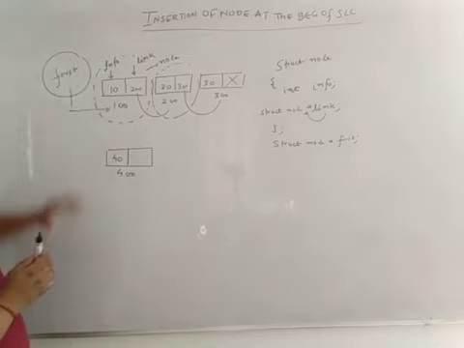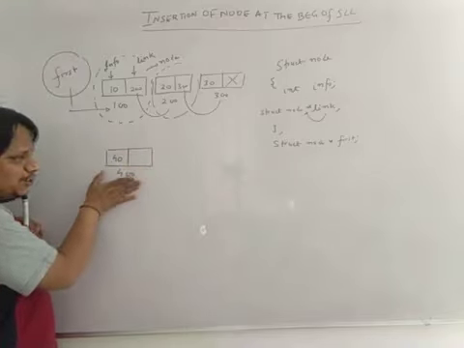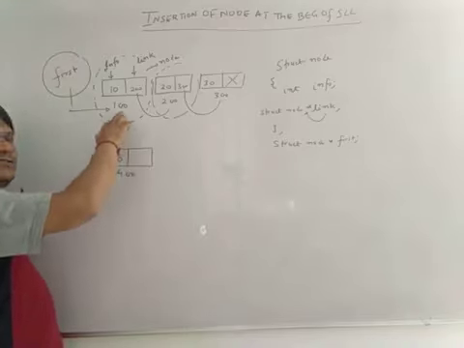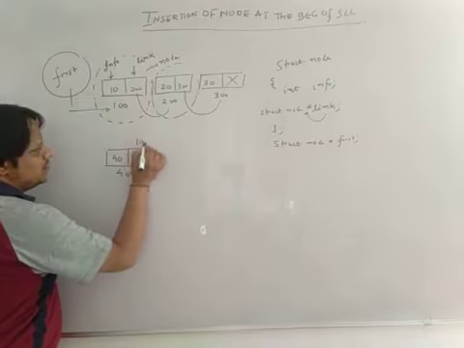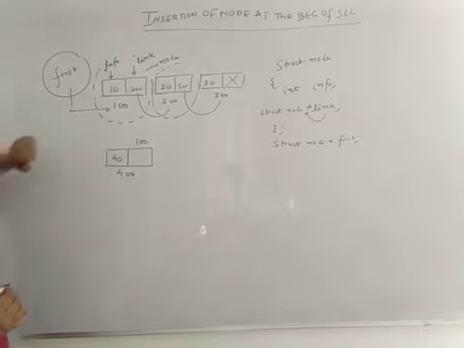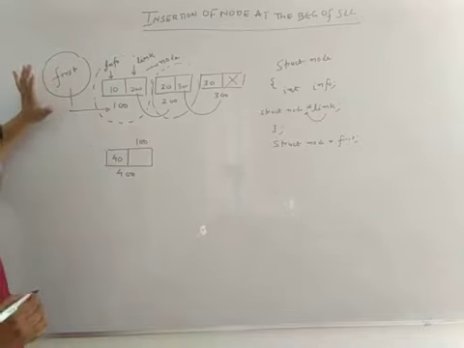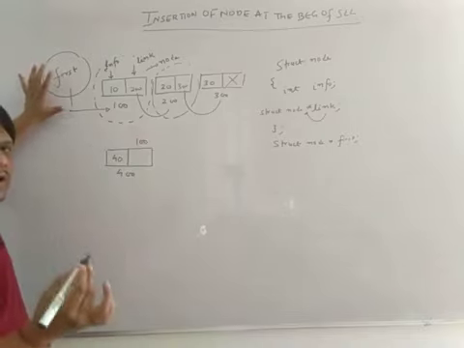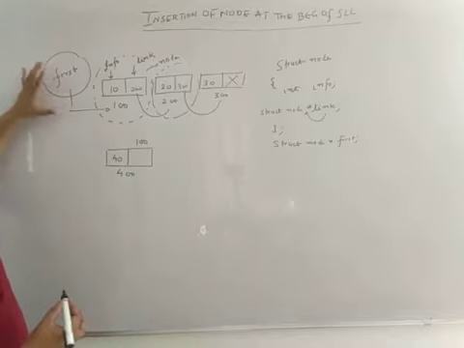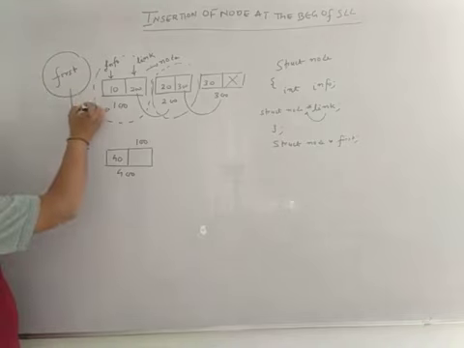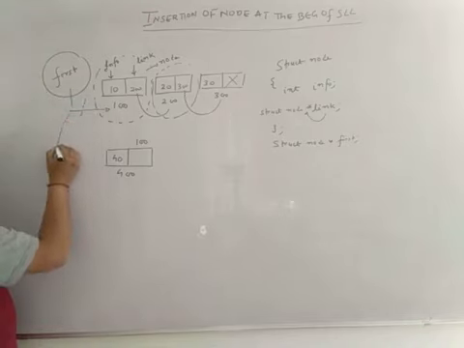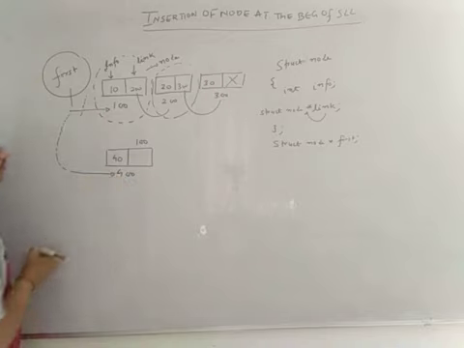So what is the theoretical concept? If you want to insert this node at the beginning of a linked list, the link part of this new node should contain the address of the first node. Since the address of the first node is 100, this link part should have the value 100. Now you know that the first pointer is a structure variable. This pointer always points to the very first node of a linked list. So in order to make sure that my first pointer points to the very first node, you have to break this link and establish a new link where your first pointer is pointing to the newly created node. So first should point to 400.